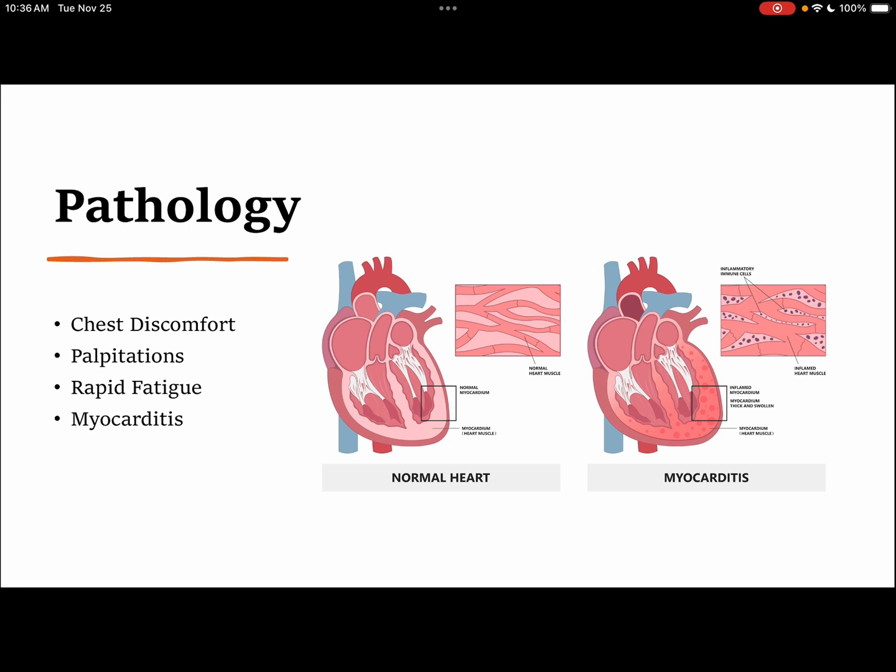I mentioned a lot throughout this presentation that the infection of the heart is going to lead to that myocarditis, which is just inflammation of cardiac muscle tissue, which you can see in the picture depicted. For this normal heart, we're going to see just normal myocardium, the heart muscles. However, you can see in the picture on the right, the myocarditis, you can see thick, inflamed, swollen heart muscle tissue. And that is because the virus, again, uses that lytic replication strategy within the cardiomyocytes, which